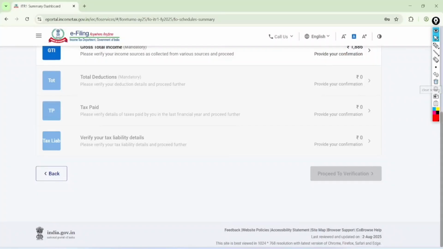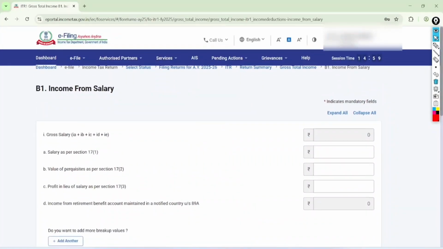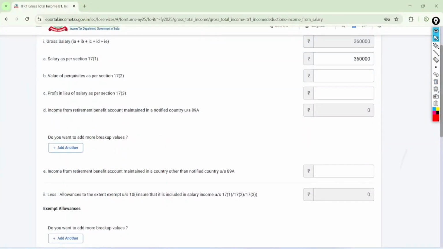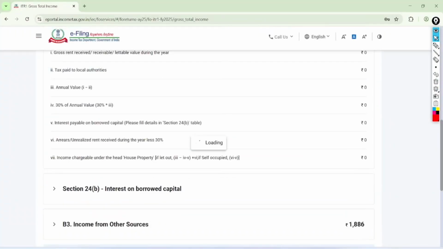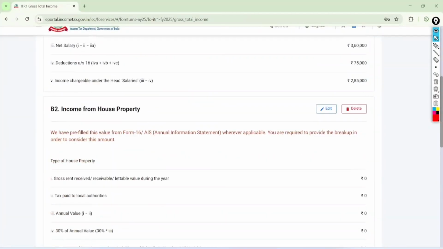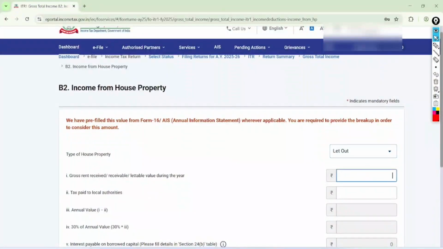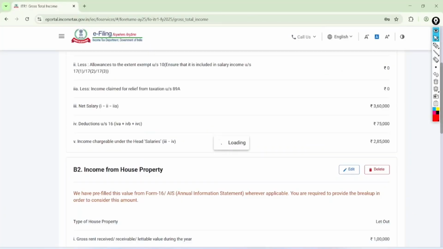Click on confirm. Now come to the gross total income and click on the edit button in the salary head. Suppose you are getting 30,000 rupees per month salary, then 3,60,000, and you are getting 75,000 rupees standard deduction, click on the save button. Income from house property: if you have any rental income, just click on let out. Suppose you are getting 1 lakh rupees rental income, after 30,000 standard deduction it is showing 70,000 rupees as your net